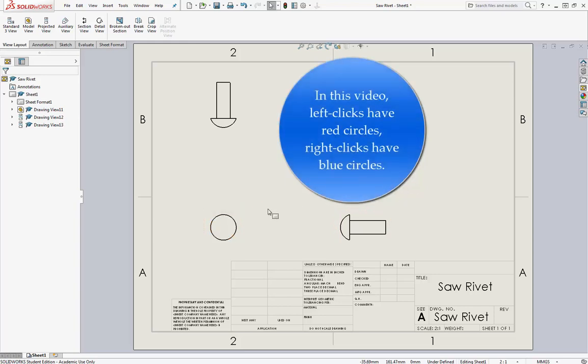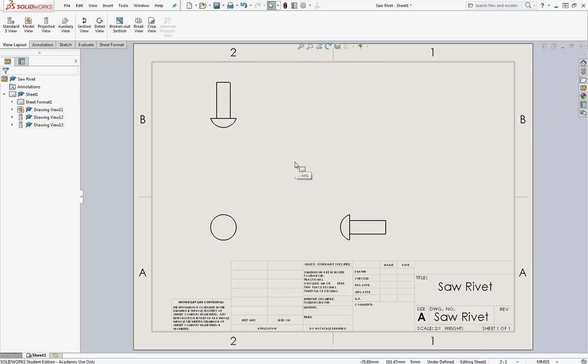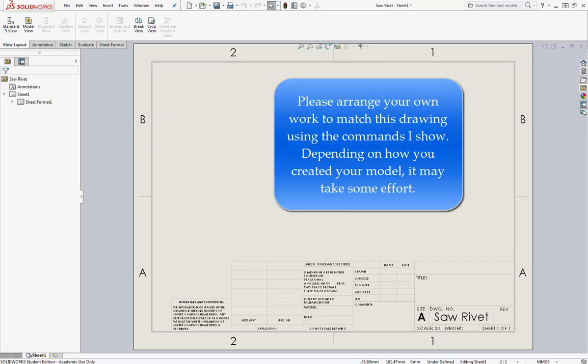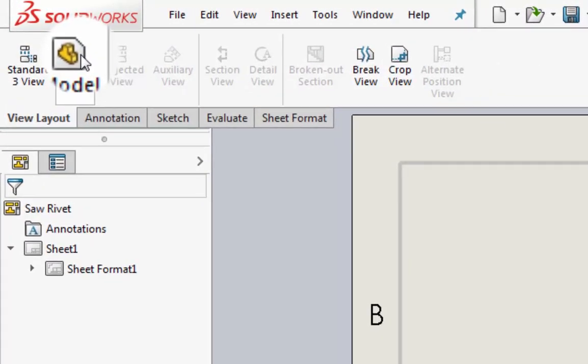However, I don't like these views. This is the front, this is the right, and this is the top. Well, maybe I should have done it differently in our model, but I'd used those planes in the model for other reasons. I wanted to associate them with the front, right, and top of the saw itself. So it didn't lend itself well to doing this standard 3 view. So I'm going to undo that, and I'm going to go back up here to model view,